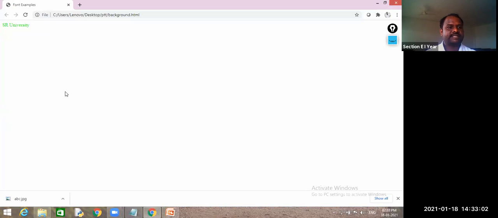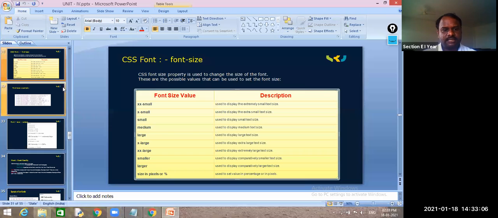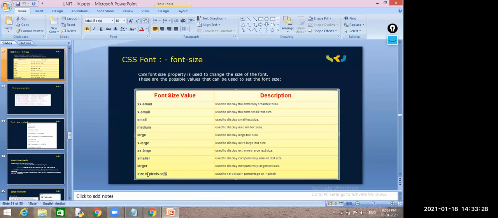So this is average size. Did you observe these three things? Small and medium and extremely large, and you can give smaller and you can give larger, and you can go for values in pixel or percentage. Most of the time we will go for these two only. We never go for this one. The recommended thing is to use this one only, because these all are compatible.